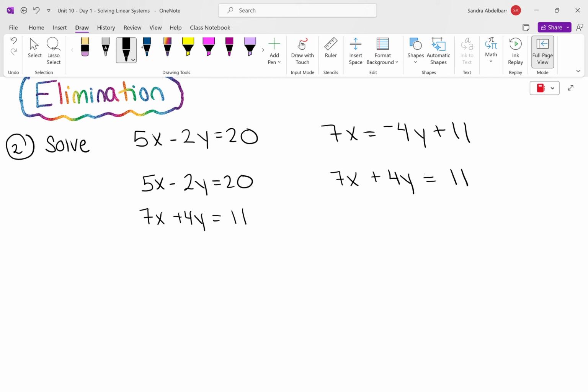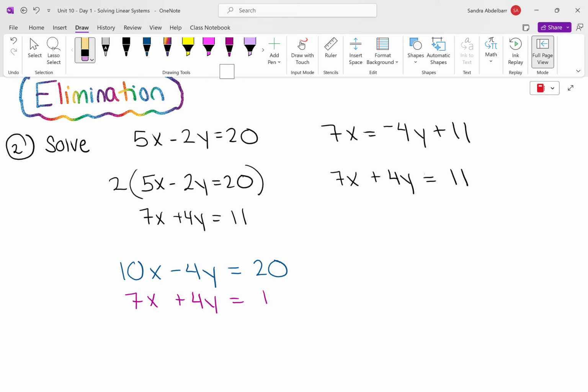Why is the y the better choice to make cancel here? Sean? Because you just have to multiply by 2. Good, because you just have to multiply by 2. We have one positive and one negative already, and the numbers are smaller. 2 is a factor of 4, or 4 is a multiple of 2, so it's a lot easier than having to multiply both. So I'm going to multiply that top equation by positive 2,